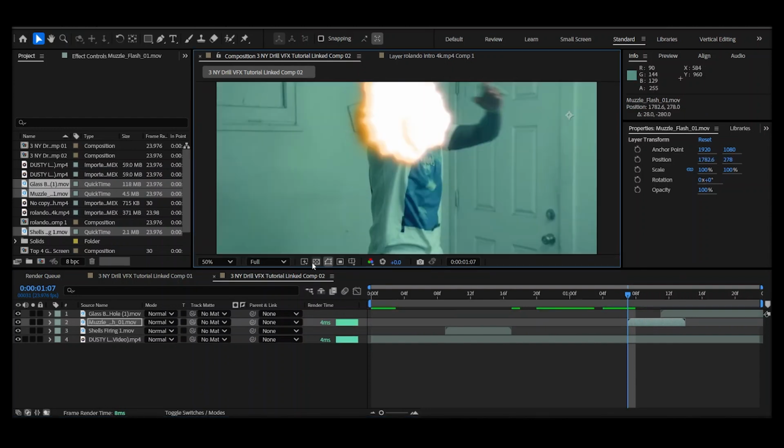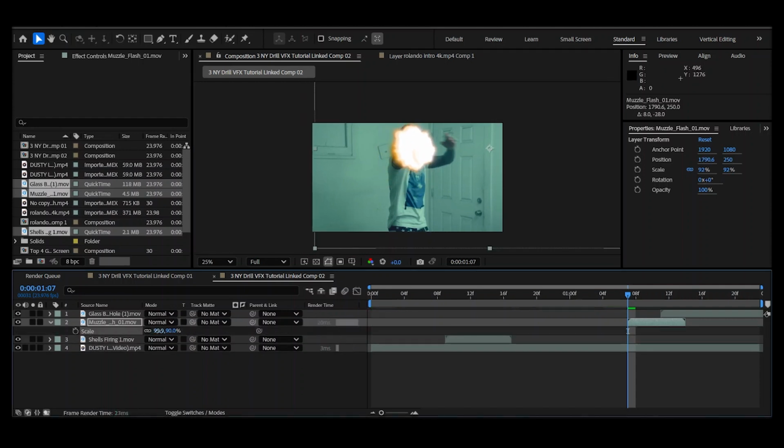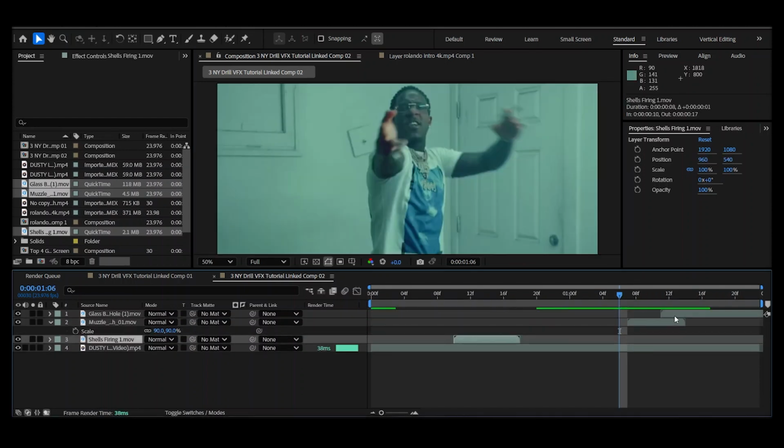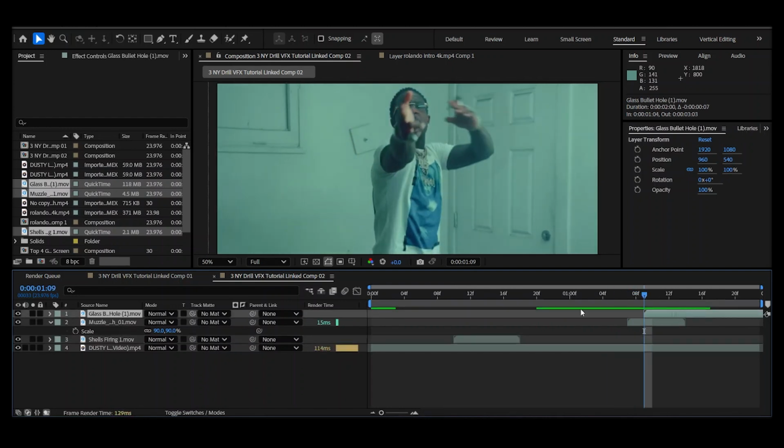So I'm going to bring it just to about there. That's fine. Maybe scale it down a little bit, not too much though. Now after you've done that, you should have something like this, just a quick little one like that. But also I'm going to add more than one, so let me just hide this and let's move on to